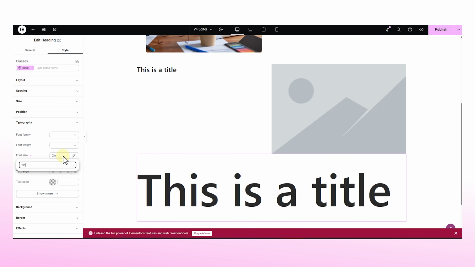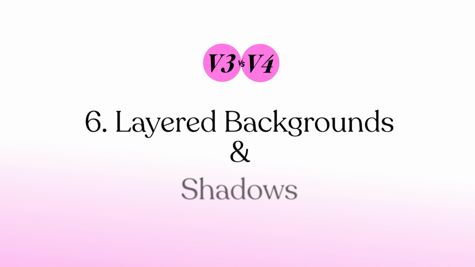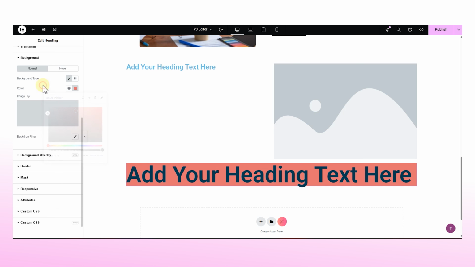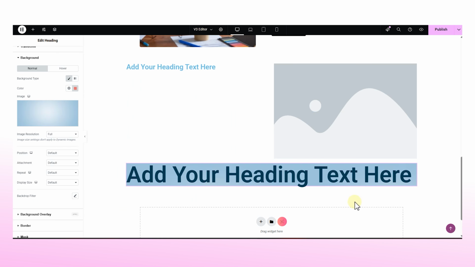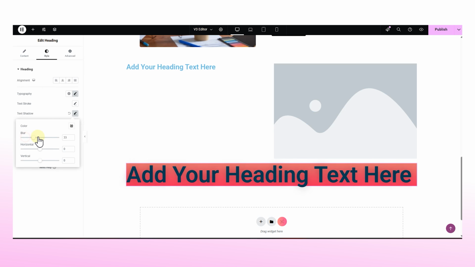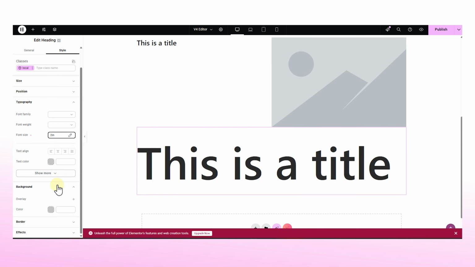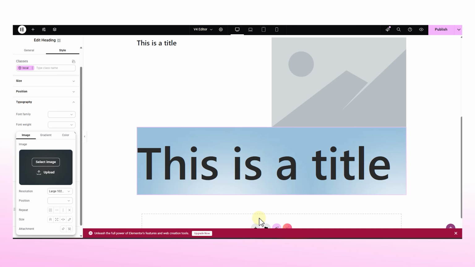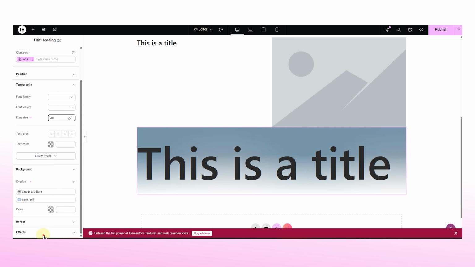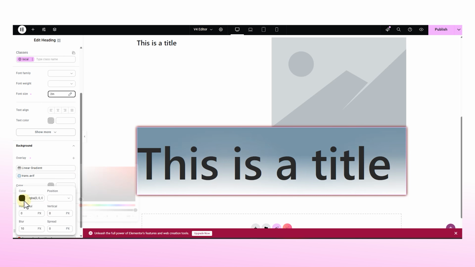No drop-downs, no extra clicks. In v3, you could only use one background, either a solid color, image, or a gradient, and only one shadow. But in v4, you can mix and match, like adding a gradient on top of an image and even stacking multiple shadows for a layered look.